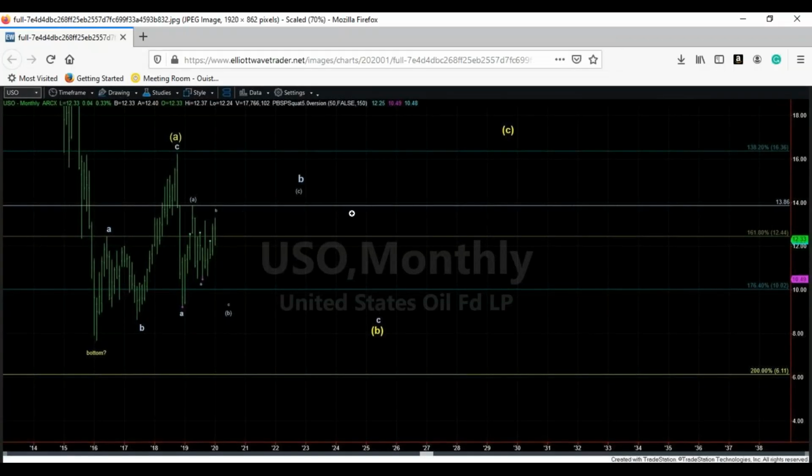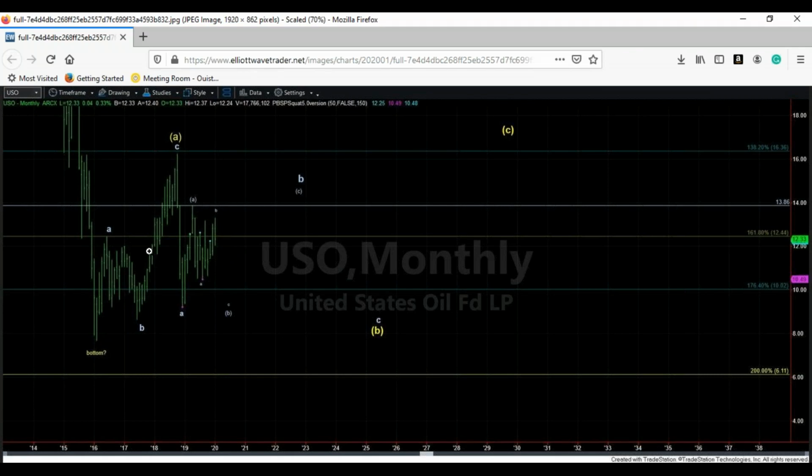Okay, so on the USO bigger picture chart, potentially looking for a B wave top. We're in a B of a B of a B, so it's a really unreliable portion of the pattern, bigger picture. So it's just really not all that reliable. We may just trend sideways here for quite some time, but we potentially have 5 down on the